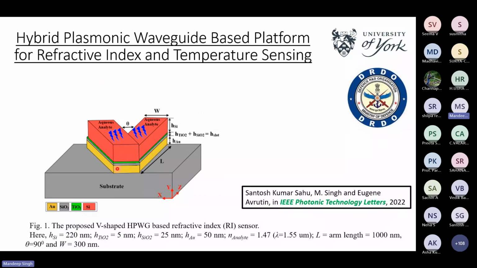Okay, so you can see we have done the hybridization using gold instead of silver, and then the slot is there. We have done the doping of the silicon dioxide slot with the TiO2 layer to enhance the mode confinement, and then it is covered with silicon. The red color is silicon, and from the top you can see we can put some sensing